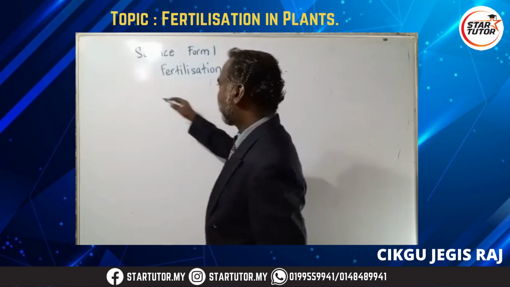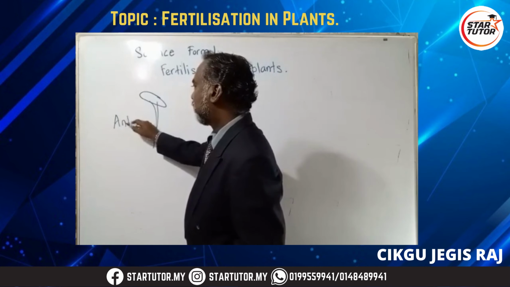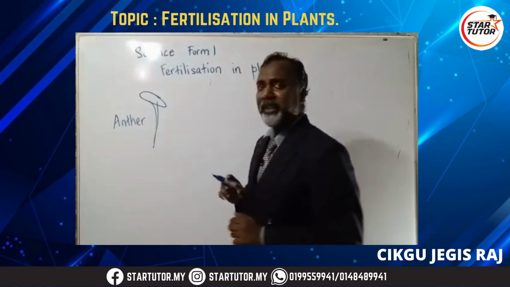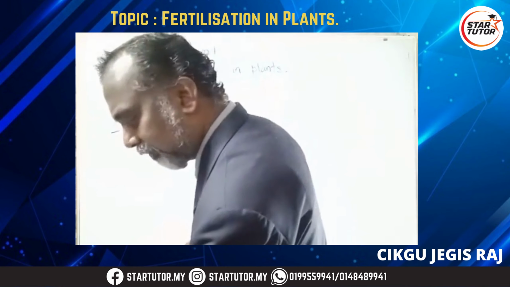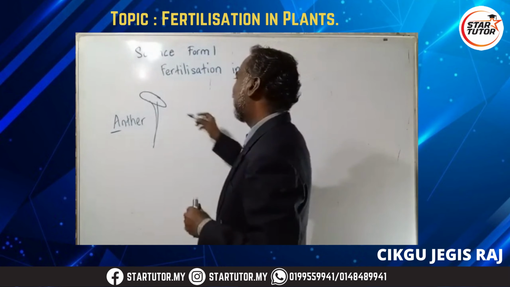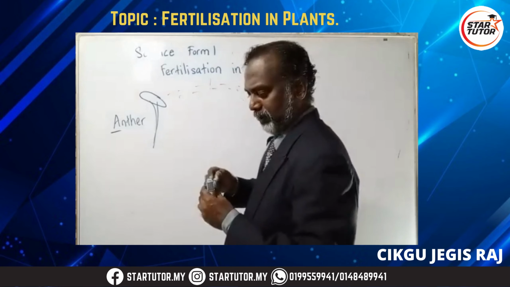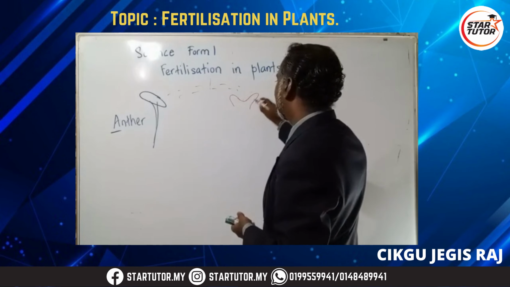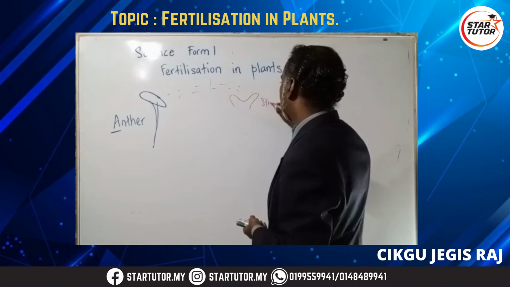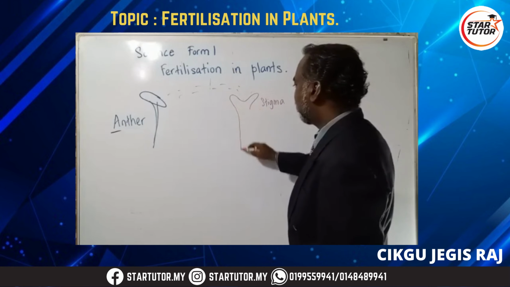Of course, with the pollen grain, isn't it? So we start with the anther. All right, assuming you have an anther. Right, from the anther, okay, and the pollen grains will fly. The pollen grain flies and reaches a stigma. There, like that. So let's say this is our stigma, right? And then it goes down